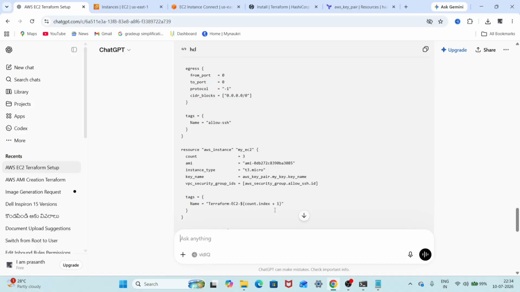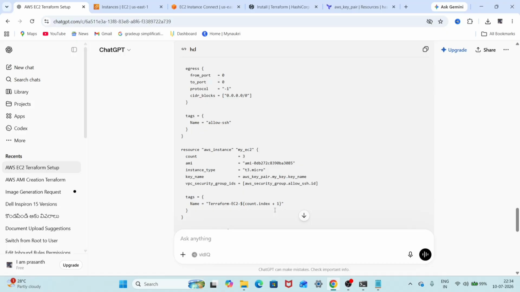Every time it will create the first instance, and it will name it as the first instance is 1, while the first instance index is 0, 0 plus 1, so the first instance is terraform-ec2-1, and for the next time